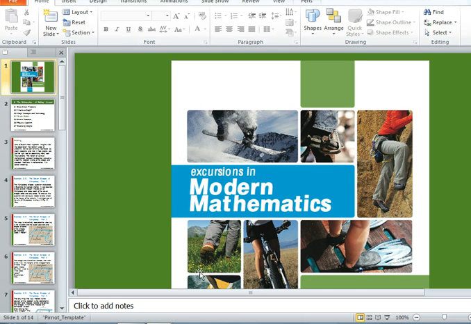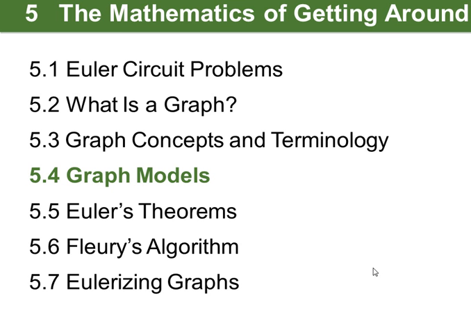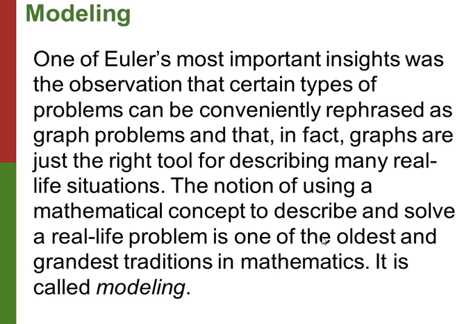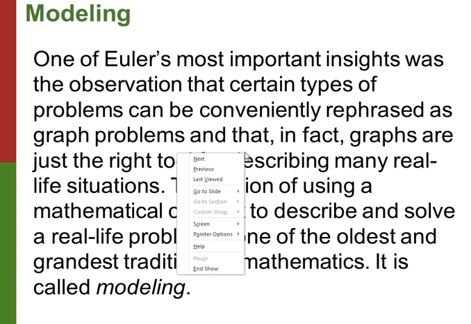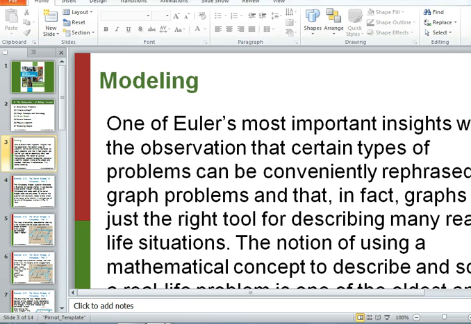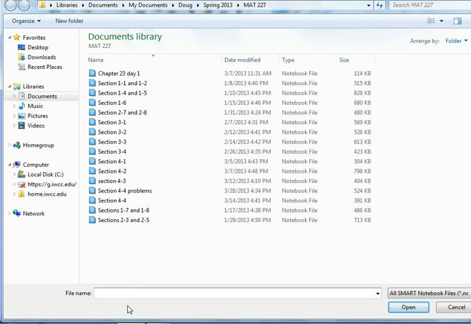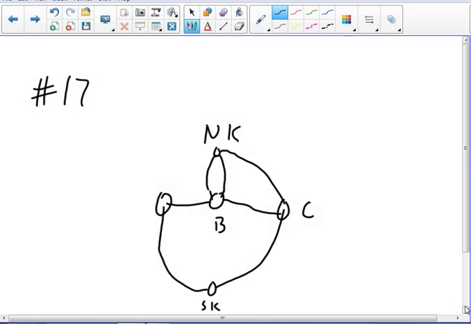Look at all these words. Can you imagine that? Too much. Yeah. Oh, look at that. It's called graph models. Well, you know, one of Euler's most important insights, I can imagine. Converting, paraphrasing graphing problems, called modeling. Let's stop for a moment and show for a moment. Come back over to cancel out of there. All right, so